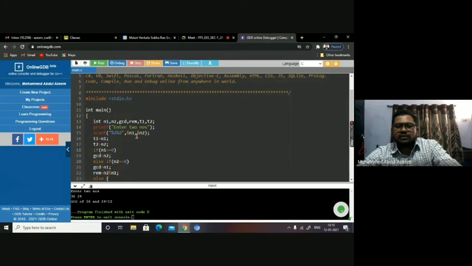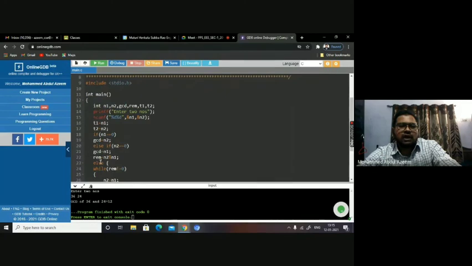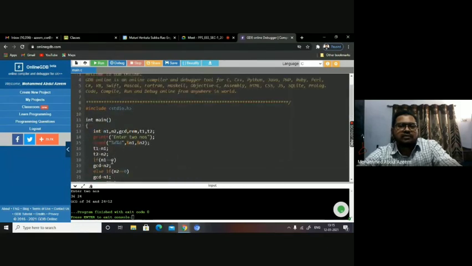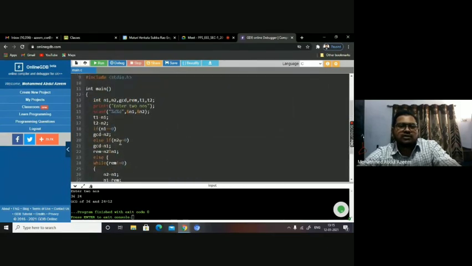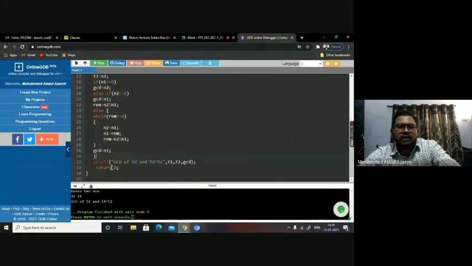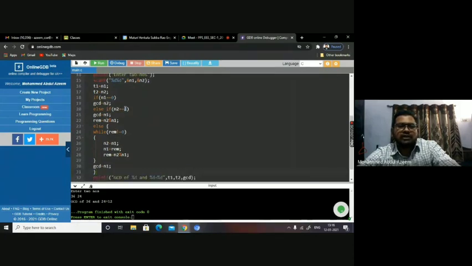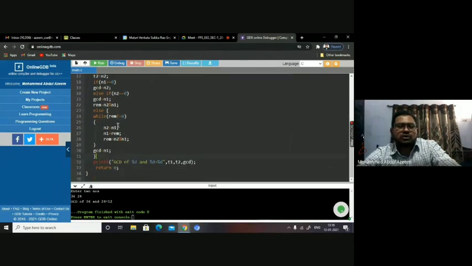When any one of them is 0, let us say n1 is 0, GCD is n2, then it will not go to this else if, or the else of this. It will directly come to the statement and print GCD. If let us say n2 is 0, then this condition is going to be true, this is false, then GCD will be n1 and it will not go to the else part. It will directly come here and print GCD. If n1 and n2 both are not zeros, this is false, then it goes to the else part, where we have the logic to perform for non-zeros. So when you perform it for non-zeros, you get the GCD with n1, and then you print the same.